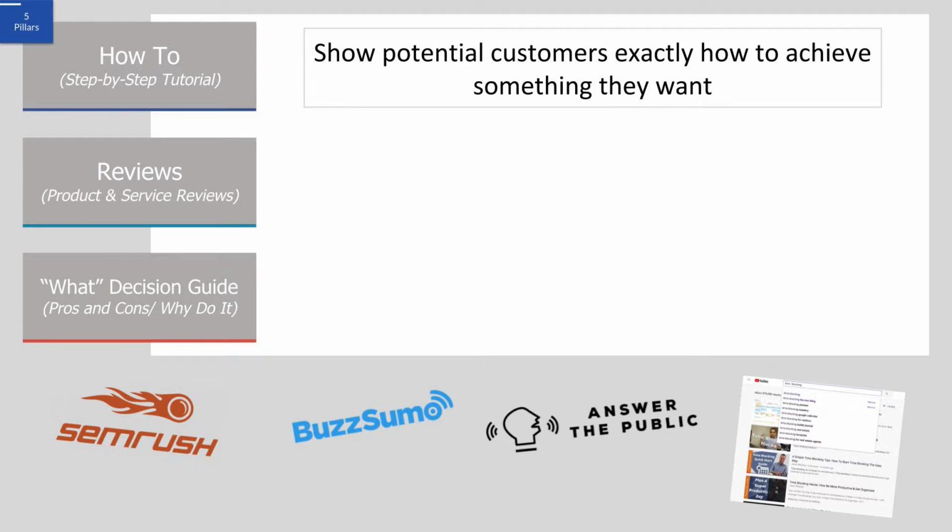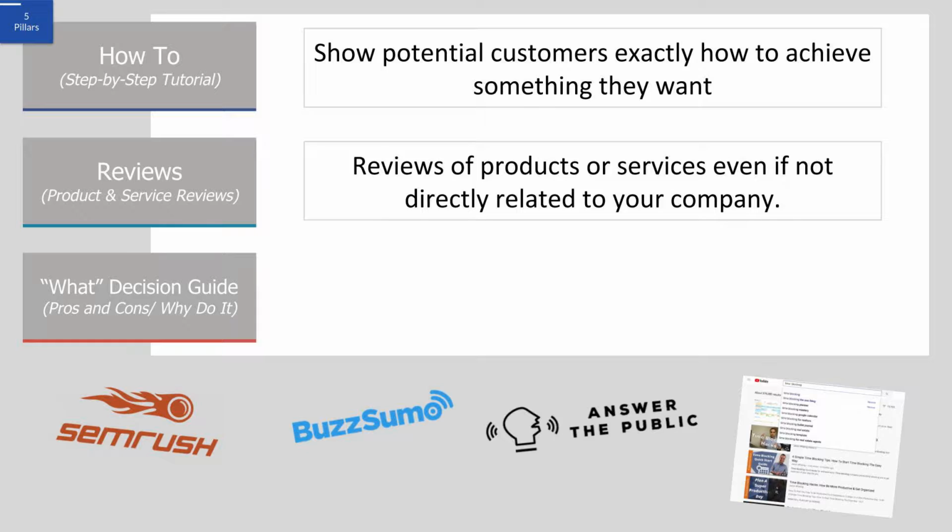So a how-to is just a step-by-step tutorial that shows your ideal customer exactly how to achieve something that they want. Reviews simply look at products or services directly related or somewhat related to your company product or service, and you go through the good and the bad. Now, it's important that they're similar and related, not the same. Otherwise, it's going to be hard for a viewer or reader to take you seriously if you're reviewing